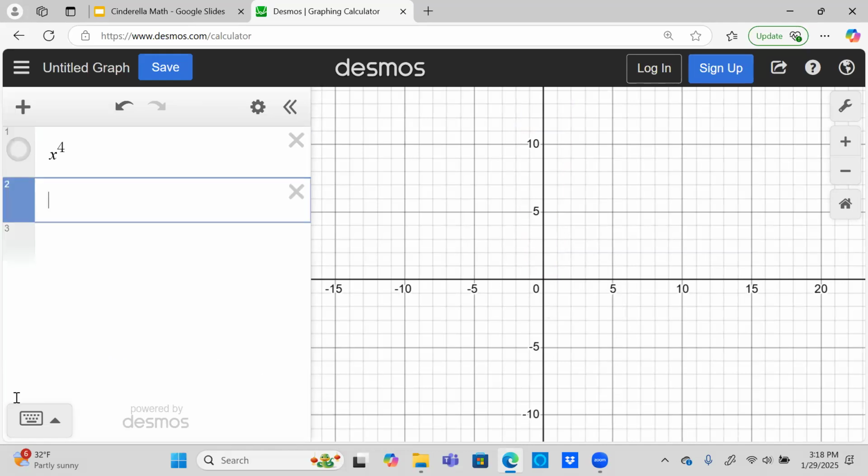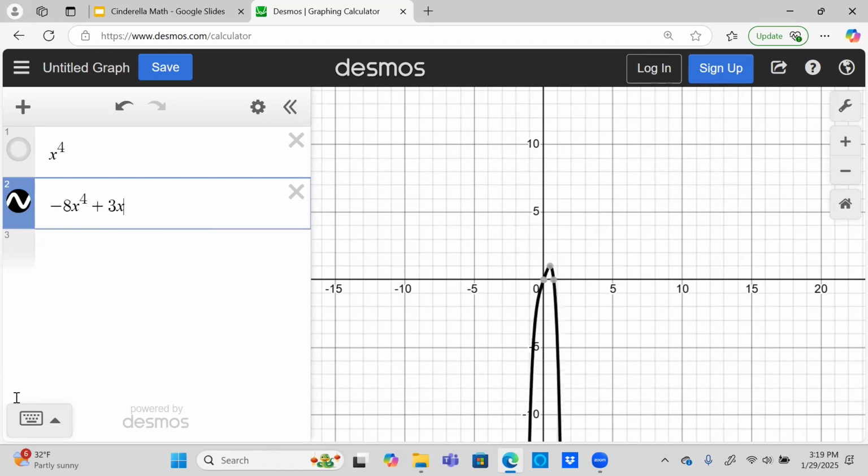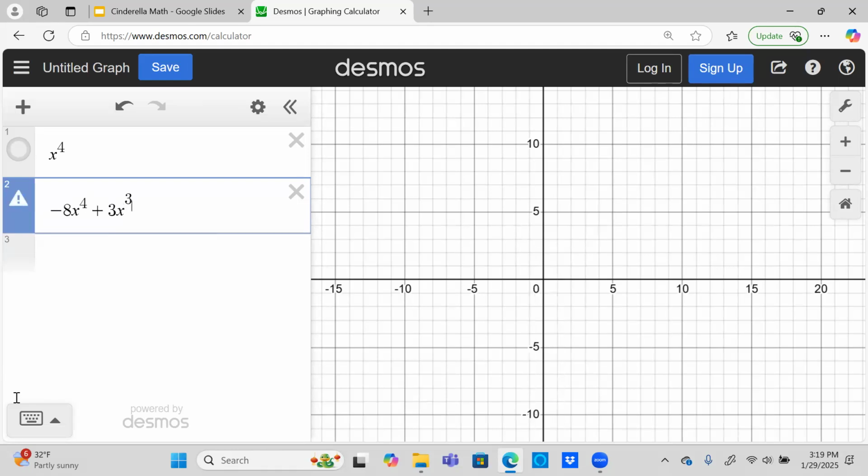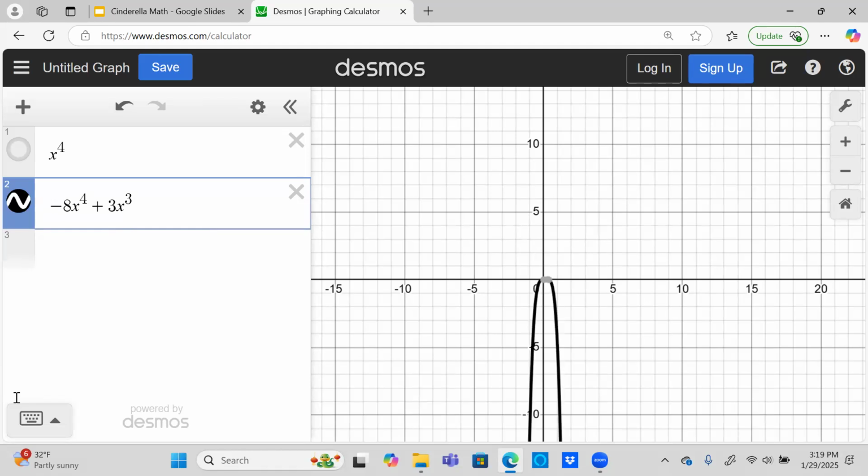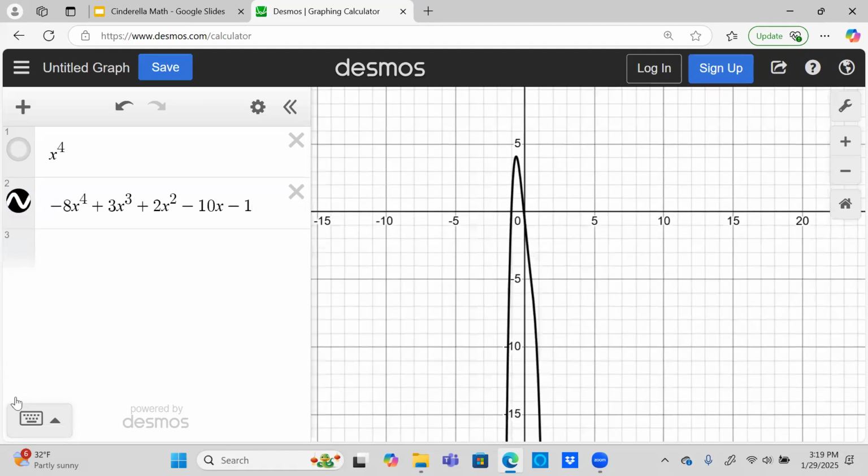Let's do another quartic. I'm going to just turn that off. I'm just going to make one up here in line 2. I'm going to do negative 8x to the 4th plus 3x cubed plus 2x squared minus 10x minus 1. There he is. So there is a quartic function, and that has a negative leading coefficient. So it's even power with a negative coefficient, and you can tell from the graph there that its end behavior